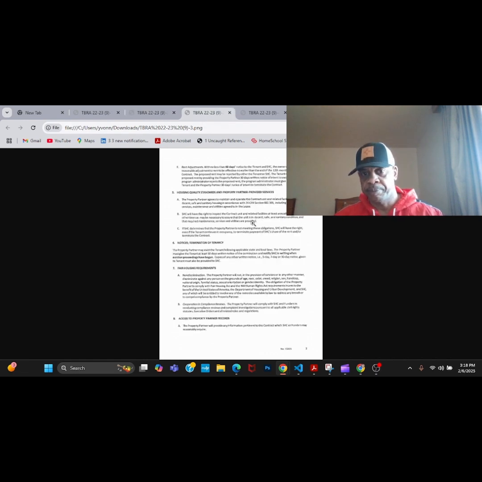Here, right here is one of the most important details. There's two things on here that I would like to stress upon you that are really crucial: the housing quality standard and property partner provided service. Now, this section goes over the housing quality inspections.